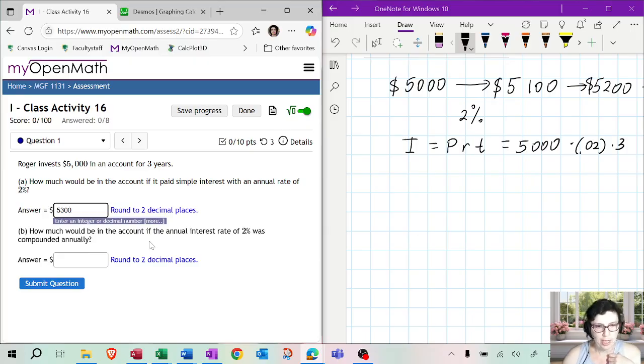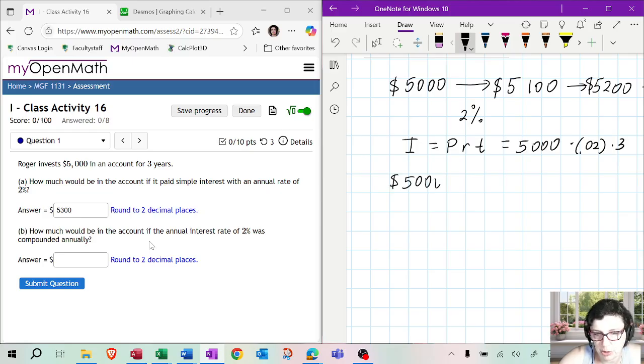Now, what happens if the interest was compounded every year? What does that mean? Imagine that you take the $5,000 and invest it at 2%. At the end of the first year, it'll be the exact same amount, because the interest is compounded, as they say, once a year. But then what happens? They take the new amount, your new principal, and find interest on that, which is going to be a little bit larger, because now you're not multiplying 5,000 times 0.02, you're multiplying 5,100 times 0.02.